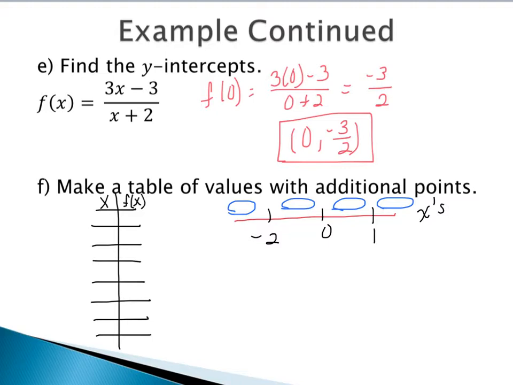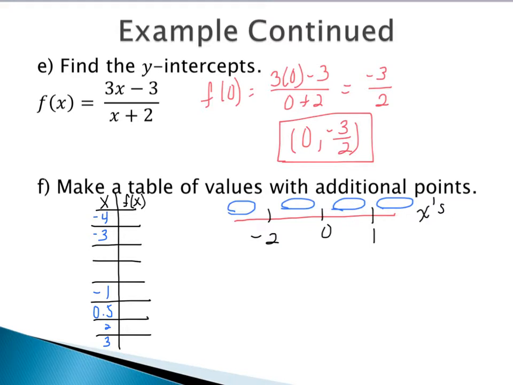So first, we're going to start off with at least one number to the left of -2. I'm going to pick a few. I'll pick -4 and -3, because those values are, again, to the left of -2. Then, between -2 and 0, I'm going to pick -1, and I'm actually going to leave a few open spaces here, and I'll talk about why in a minute. And then I need some value between 0 and 1, so maybe 1/2 or 0.5. And then I need at least one value to the right of 1, so I'll pick 2 and also 3 to make sure that I get a comprehensive graph.